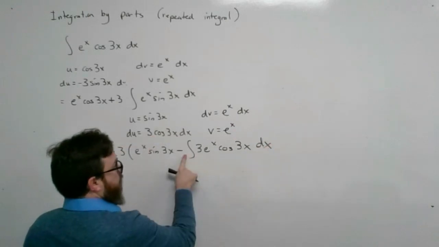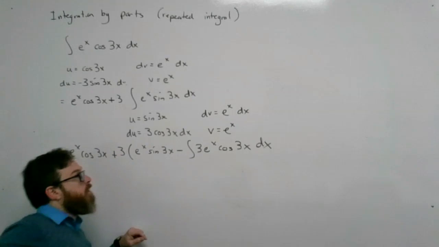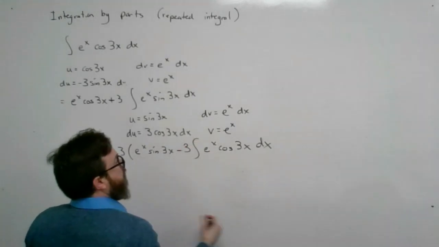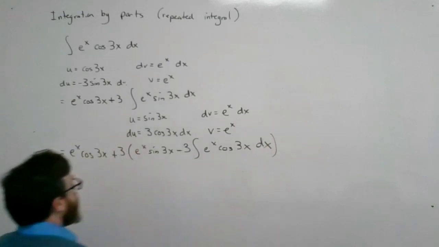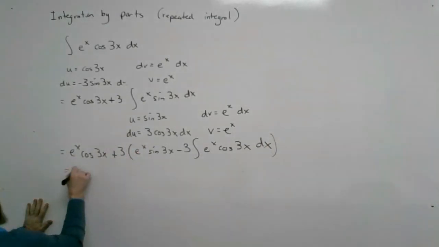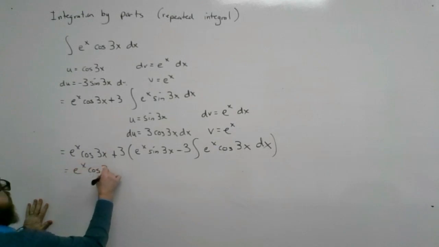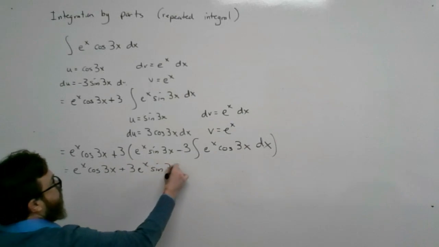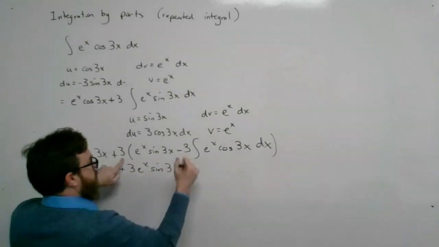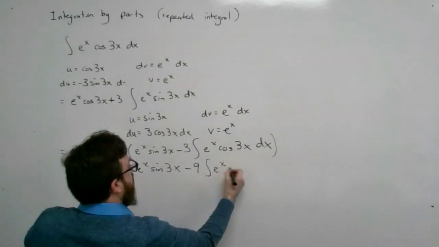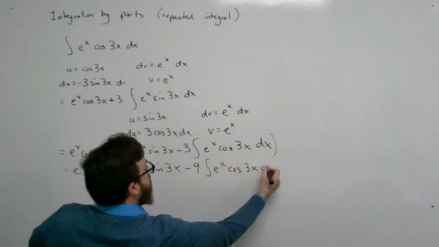And taking the 3 and putting it out here as well because it's a constant. So minus 3 times the integral of e to the x cosine 3x dx. I'm going to expand this 3, so we have e to the x cosine 3x plus 3e to the x sine 3x. 3 times negative 3 is minus 9 times the integral of e to the x cosine of 3x